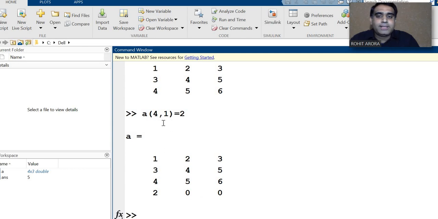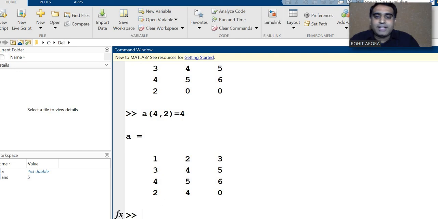By the help of this command we can add an element in the matrix. Or you can write it like that also: 4 comma 2 is equal to 4, then the answer is this one.